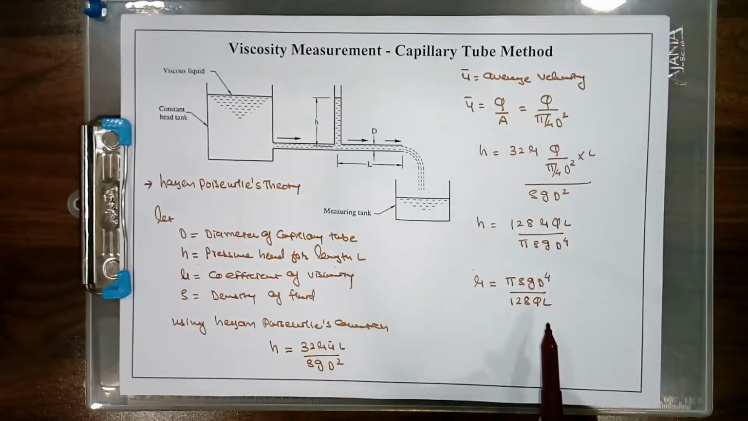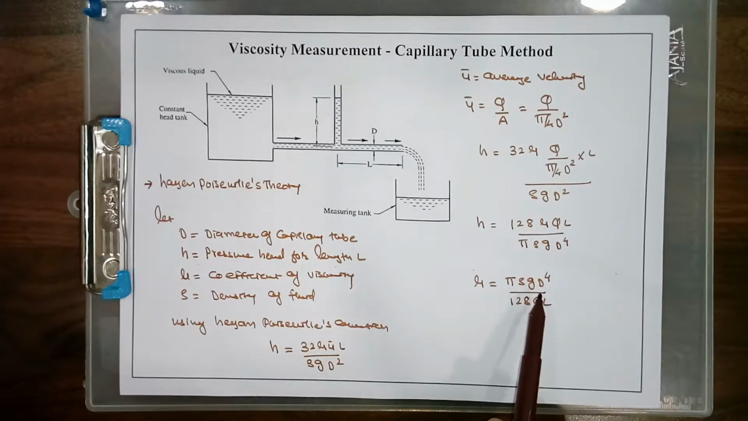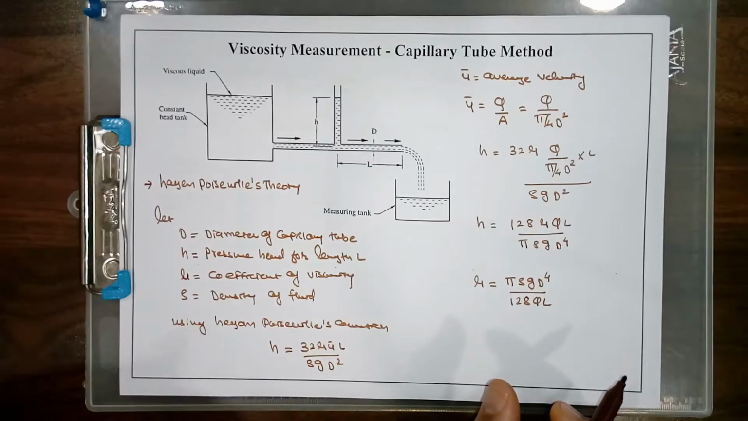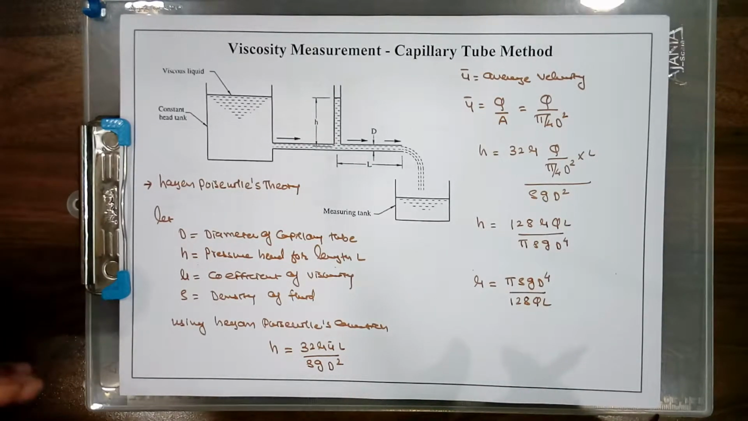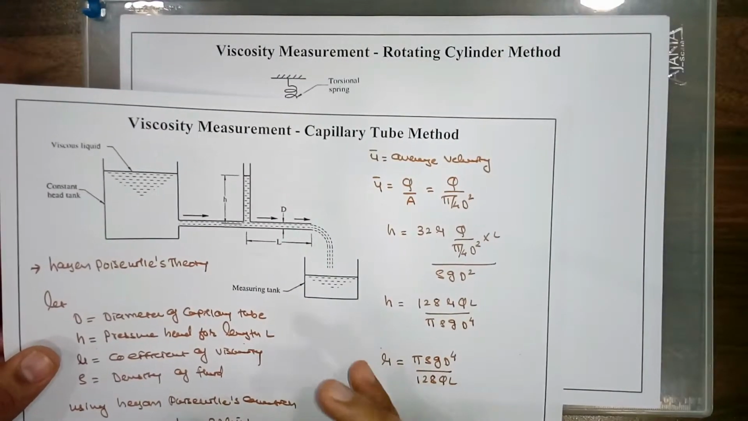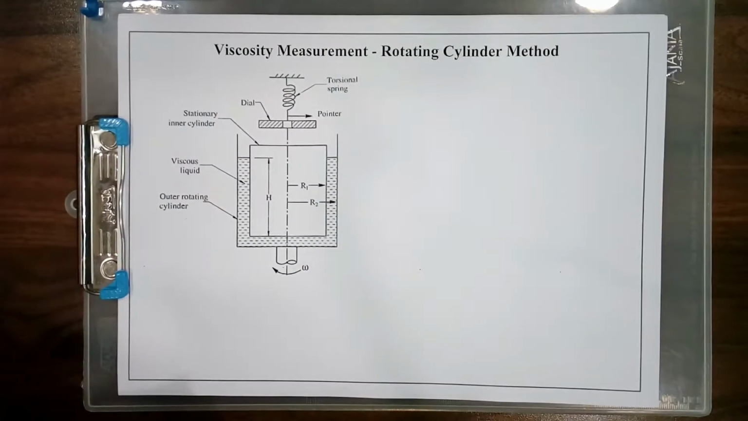Students, L is known to us, Q we measured using the measuring tank, d is the diameter of the capillary tube that we know, rho is constant and g is constant. So using this expression we can calculate the value of viscosity for a given unknown viscous fluid using the capillary tube method. Now students, we are going to measure the viscosity using another method,